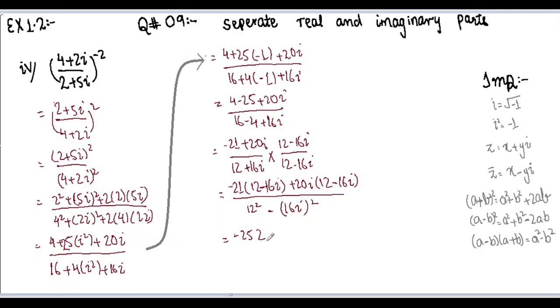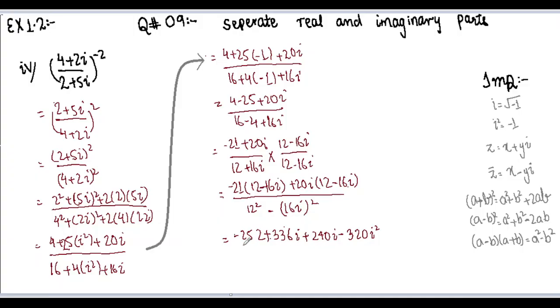Now negative into negative becomes positive, and 21 into 16 we get 336i, plus 20 into 12 we get 240i, plus into minus we get negative sign, and 20 into 16 we get 320 i²,